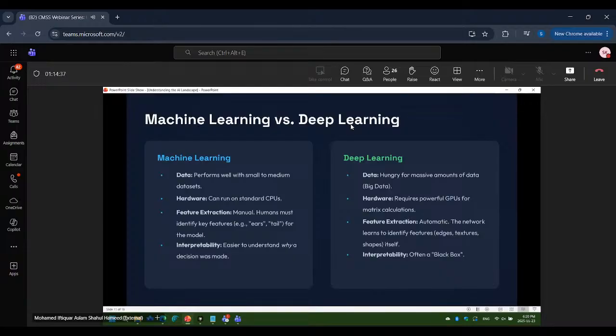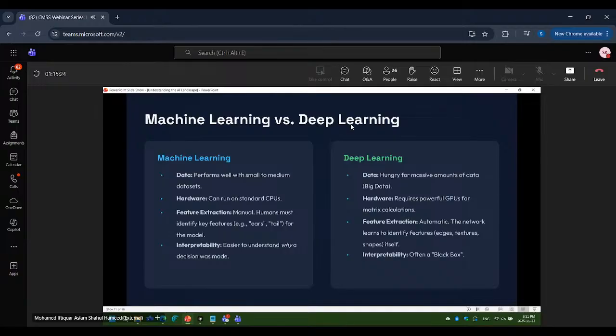Here, again, the feature is whatever properties explain a particular object. So those are all features, right? Here humans can identify what all the features are, so basically it's labeled data, right? For deep learning, it is hungry for massive amounts of data. So definitely for deep learning, we have to use GPUs and above. Feature extraction is automatic. When we say automatic, that's when it passes through these nodes and it learns everything automatically based on the pattern, right?